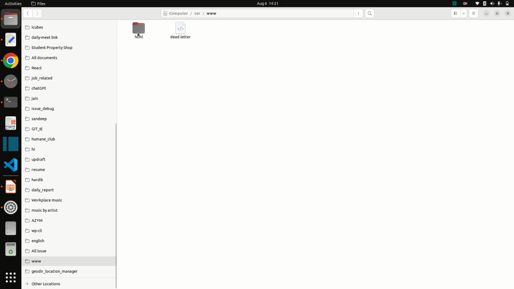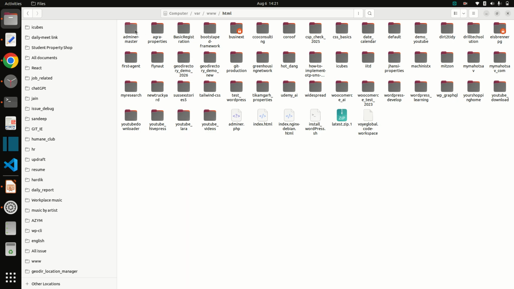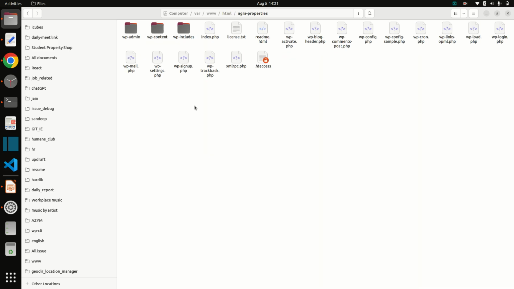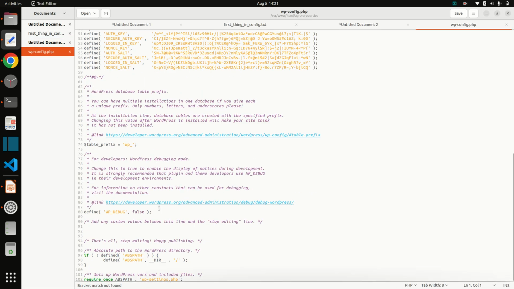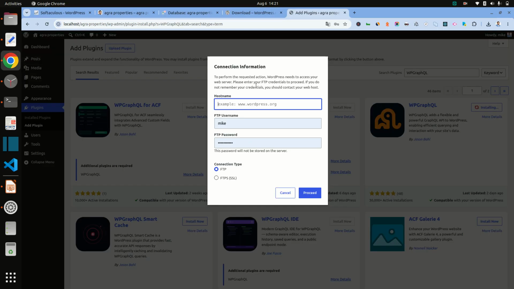I am in the Agra Properties folder. Go to wp-config, and below WP debug, paste the FS method direct, and click on reload.